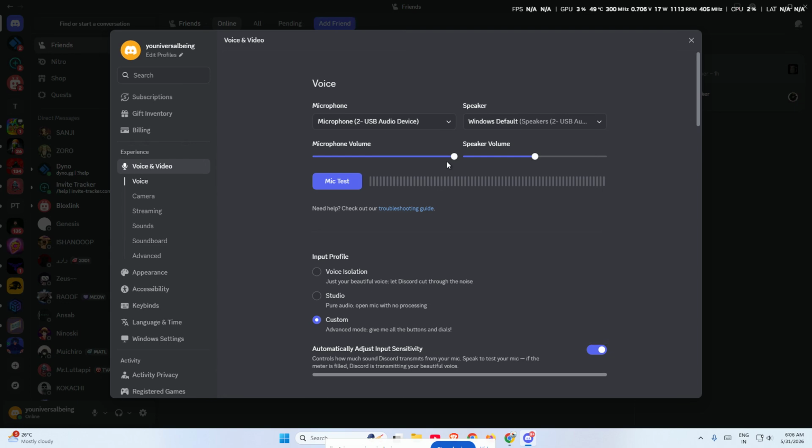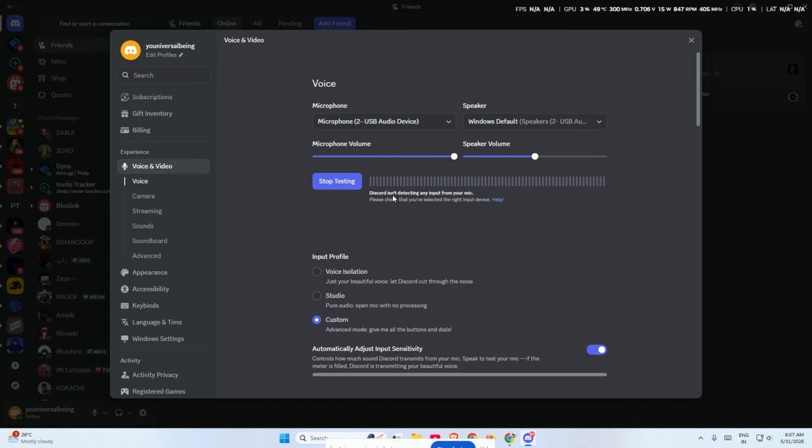After adjusting the volume, use the mic test feature if it's available in your version of Discord. Click on mic test and speak into the microphone normally. Watch carefully to see whether Discord is reading your voice properly. If the test shows activity and your voice sounds stronger, that's a great sign that the issue is being fixed. If it still sounds too low, or if Discord still isn't picking up your voice properly, the next step is